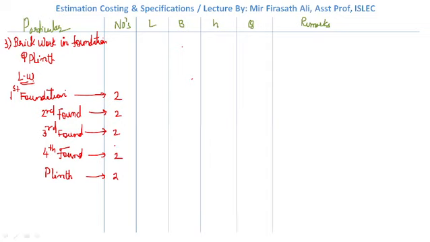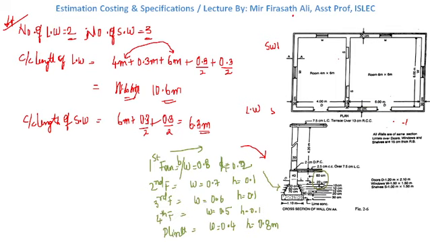So the length we need to determine. Let us calculate the length formulas. Length of long wall is equal to center length plus 1 breadth. What is the center to center length of long wall? We also know the center to center length of long wall: 10.6. We have calculated 10.6.